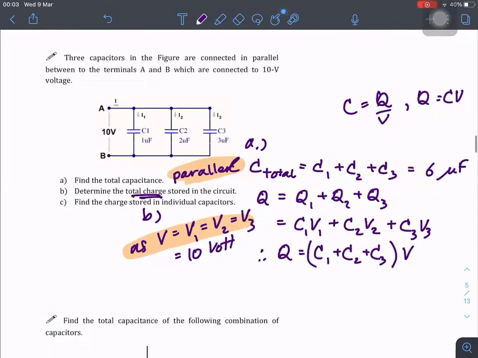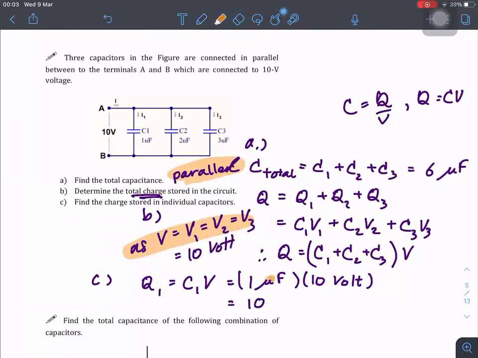Okay. And for C, the charge stored in the individual capacitor. So we simply have Q = C1V. If C1 is 1 microfarad and V is 10 volt, then 1 times 10 would be 10, and the unit microfarad times volt would be the unit of Coulomb because